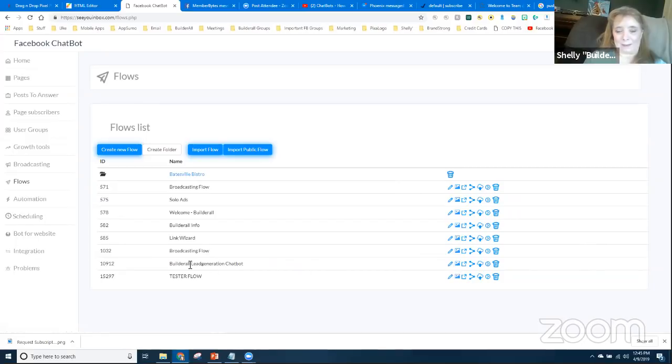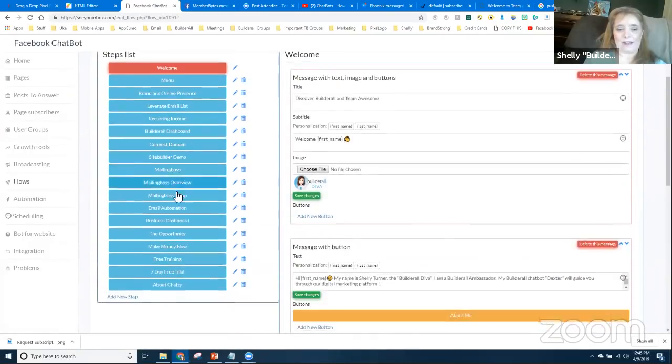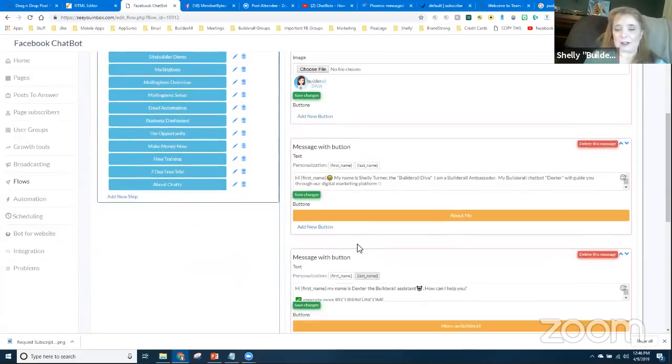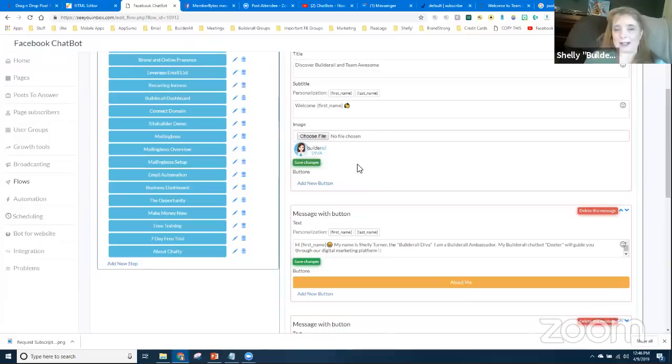If I go to this Builder All Lead Generation chatbot and click Edit, you can actually see all of the steps that are involved. Each of these steps has little areas that you can set up for messages, for text. You can do buttons, you can do images. Right here I have an image.